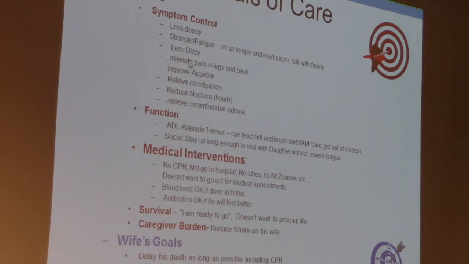The fourth is survival, and this is completely the opposite of the way we're trained in medical school, where the top of the pyramid is survival, mortality, morbidity. Function is at the bottom. Symptoms are the last thing we were interested in when we were trained. And finally, I'll add one more domain, and that's caregiver burden. So this fellow, when you actually talked to him, he said he didn't want to be so dopey. He wanted to be stronger. He wanted to be able to sit up and have a conversation when his daughter and his grandchildren came.